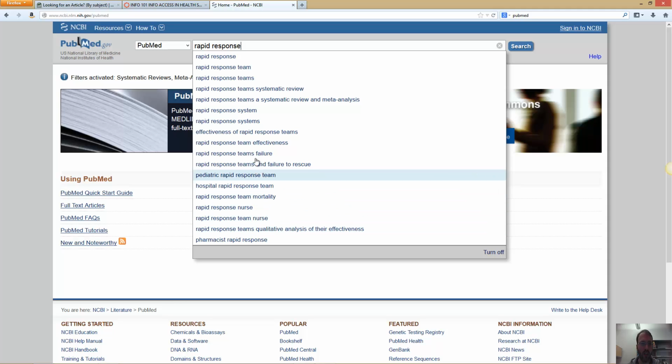So all of these would be good things to click on instead of just continuing to type and put whatever you want in there, because your next keyword might not be part of what's in PubMed, but you might find something related in the controlled vocabulary. So I'm going to click on mortality,